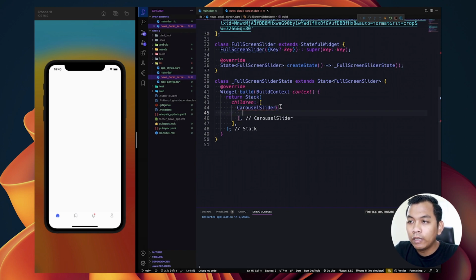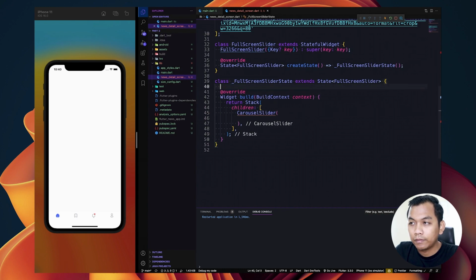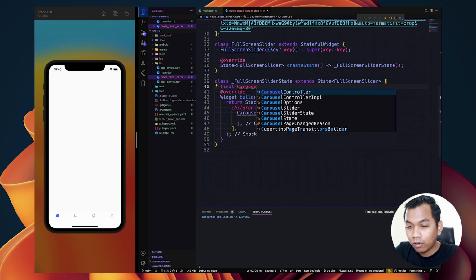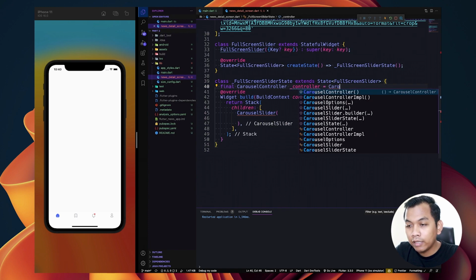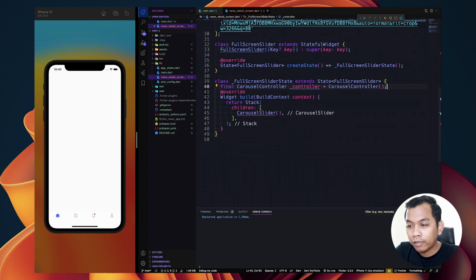And what we need to do here is create something called controller. So let's create a carousel controller, name it as controller, and initiate it with the carousel controller here.